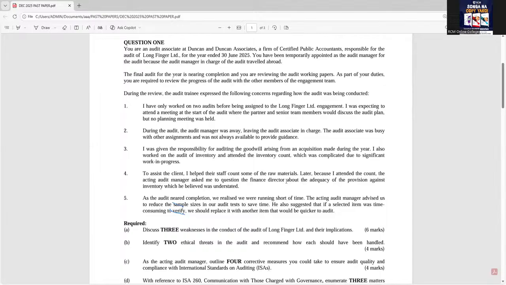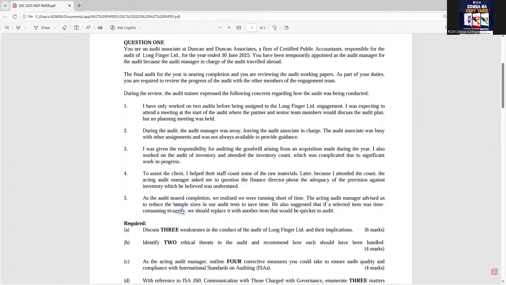At the same time, you can also talk about advocacy, due to the fact that if the value of this inventory seems not to be correct during the audit, then the client or the finance director might call upon him to advocate for their position, to defend their position, because the finance director will call upon him to remember he was part and parcel of the inventory count. And therefore, you need to defend the position of the finance director in terms of what? The inventory count. So those are part of the ones you can mention.